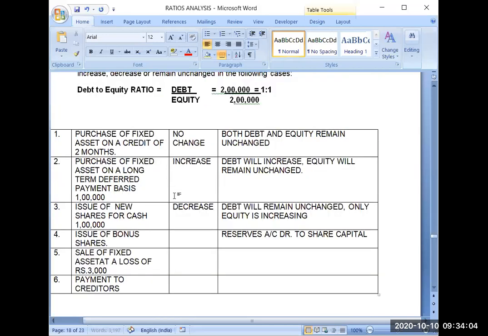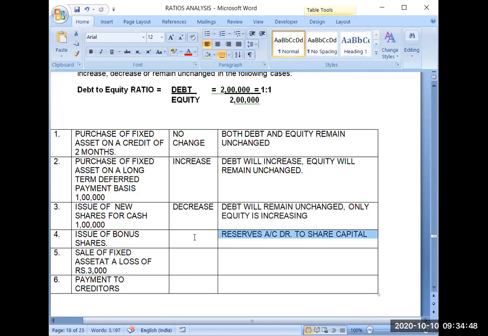Now what will be the impact on debt? There will be no impact on the debt because only your reserves are reducing and your share capital is increasing. So there is no role of debt. Your non-current liability is not changing, so your numerator is not changing. And as far as equity is concerned, both share capital and reserves are part of equity, part of shareholder fund. So earlier it was the same amount and now also it is the same amount. No value is changing due to this. Only the form is changing, but both are components of equity. So in totality, value will not change.